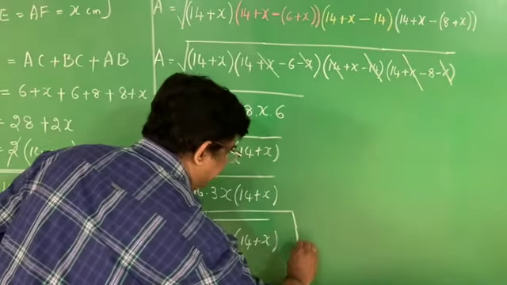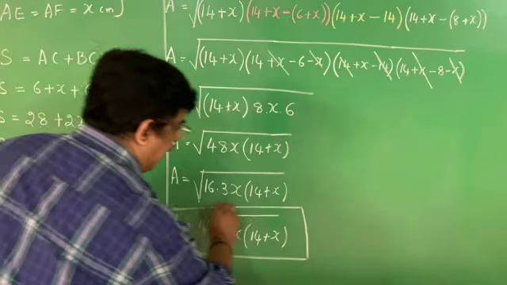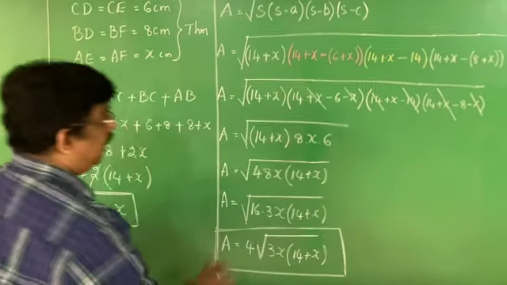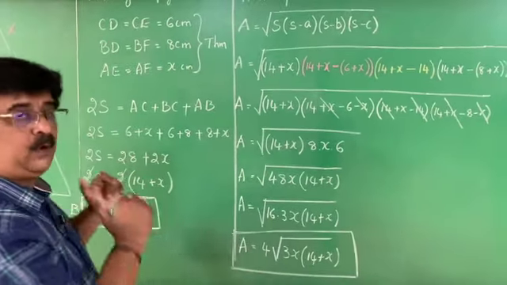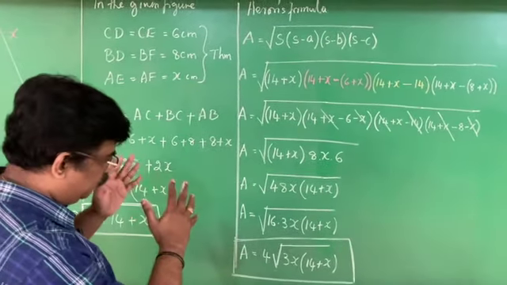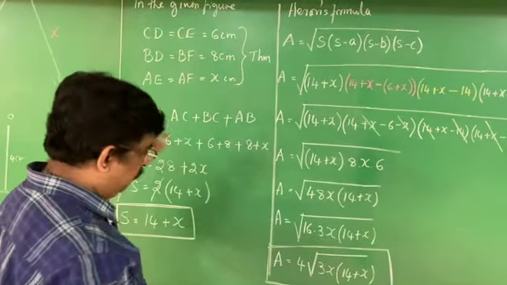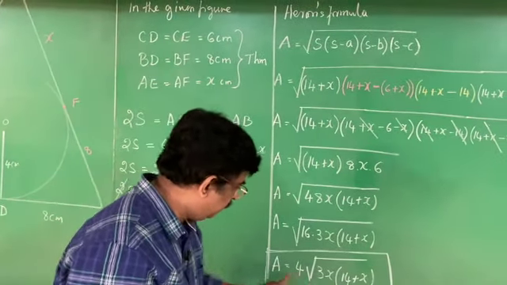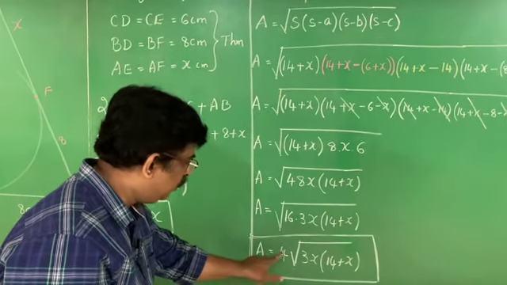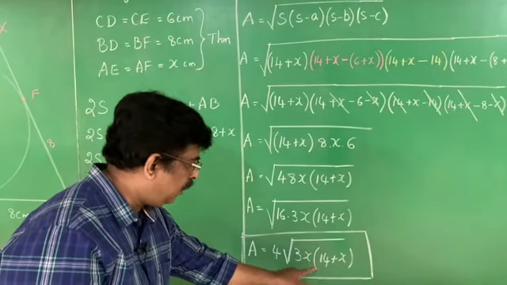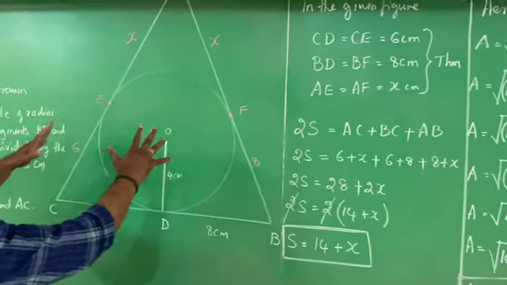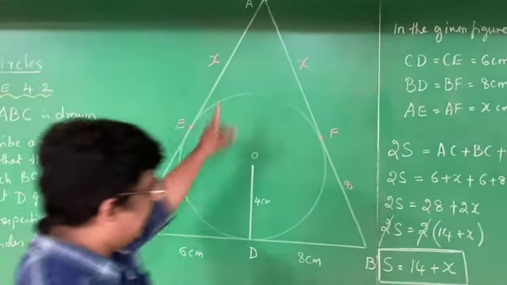Now I have calculated the area of the triangle. See children, you have to write this. Why? Because I want to erase this board to continue this problem. Therefore I repeat, 50% of the problem I have completed. Now I am going to continue. I am going to erase this. Before erasing, I take this result. I want this result. What is this result? This is the area. Area of a triangle is A is equal to 4 root 3x of 14 plus x. How did I get it? I repeat it again. See, the diagram is like this. ABC is a triangle.